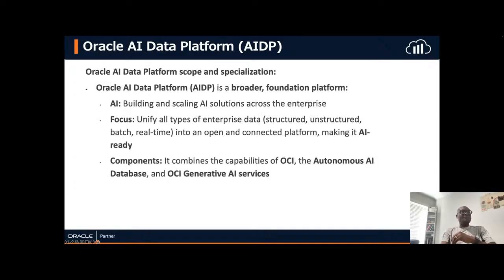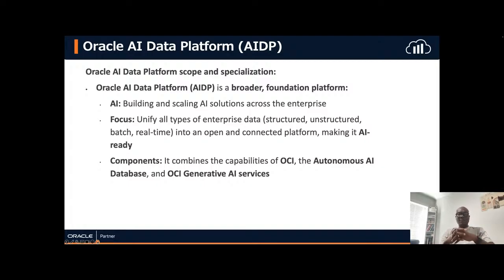Thank you. So, what is AI Data Platform? Now we'll be focusing on the AI Data Platform scope and specialization. It is a foundational platform that focuses on AI. While focusing on AI, it also unifies all types of enterprise data, both structured and unstructured data, and batch data, into an open, connected platform, which makes it AI ready as well.